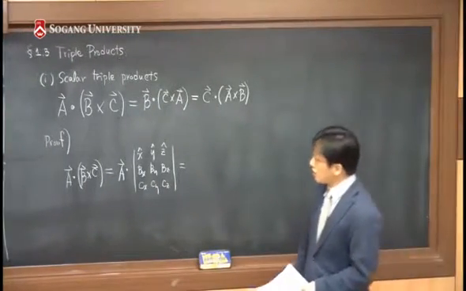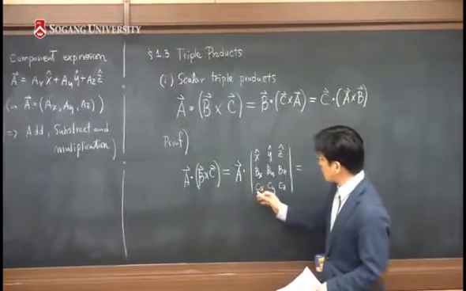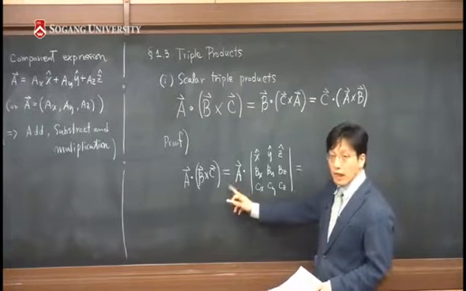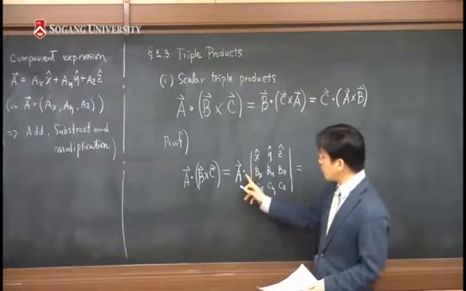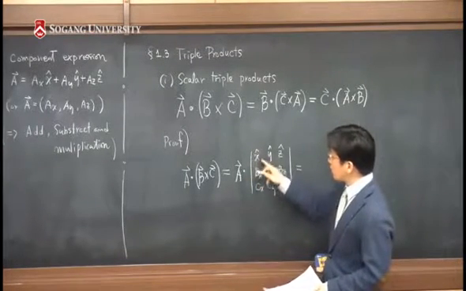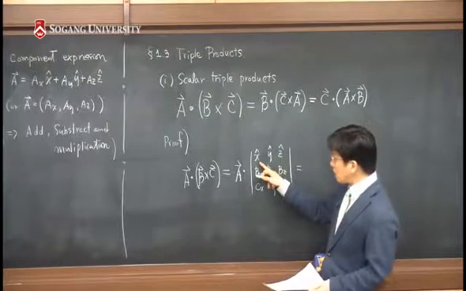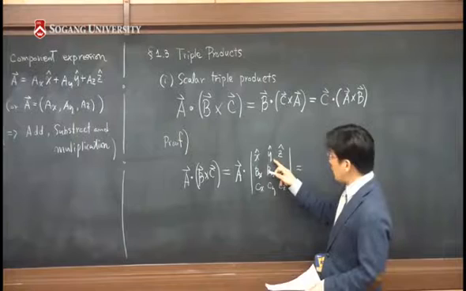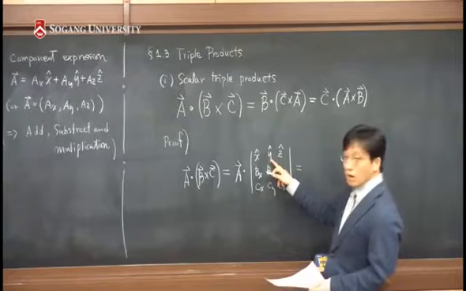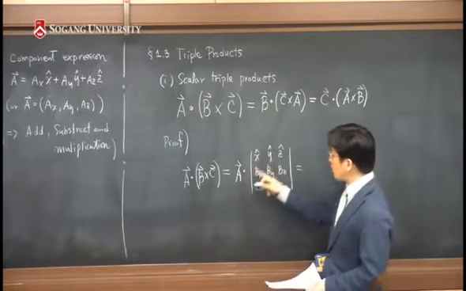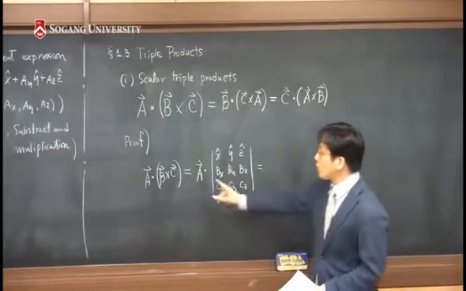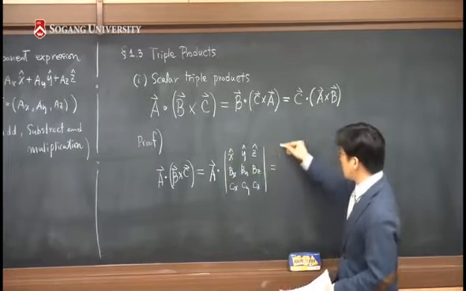Okay? Then, if you take a dot product of this object and this quantity, A should have three components, X, Y, Z. If you take a dot product, the Ax component will be dot-producted with the x hat, and the y component of A will be added here by having a dot product with the y unit vector, and the z component will be placed here. So if you perform the dot product between A and this determinant,